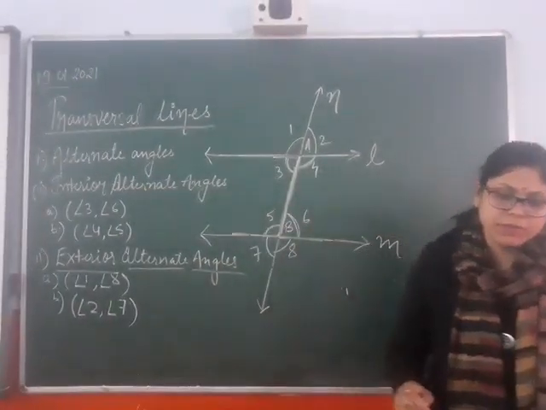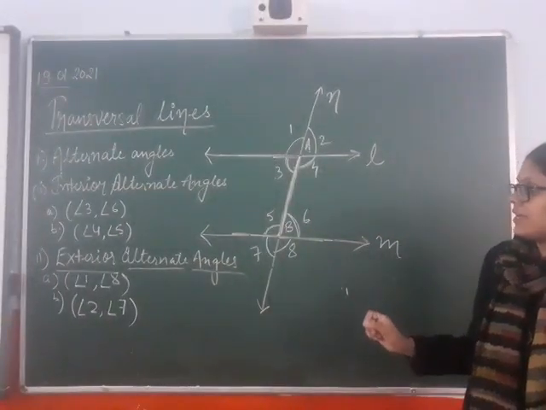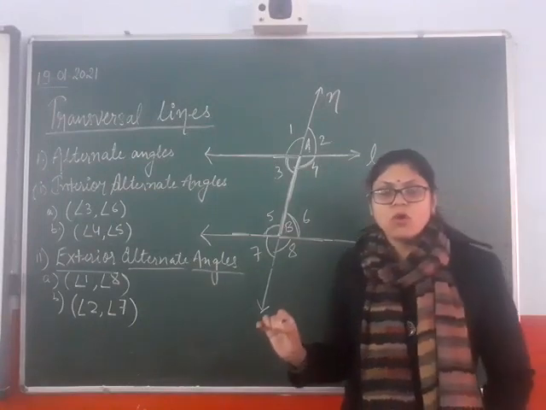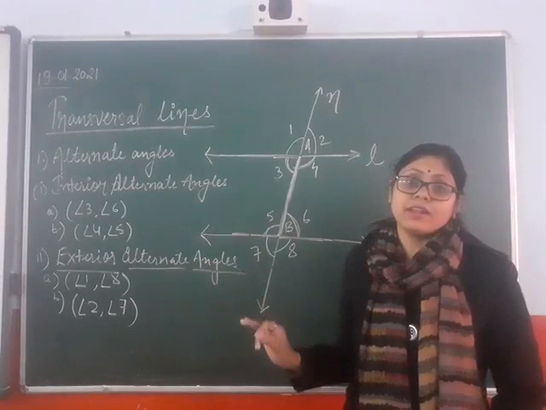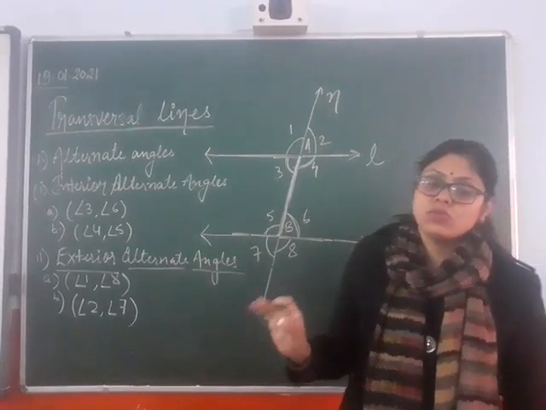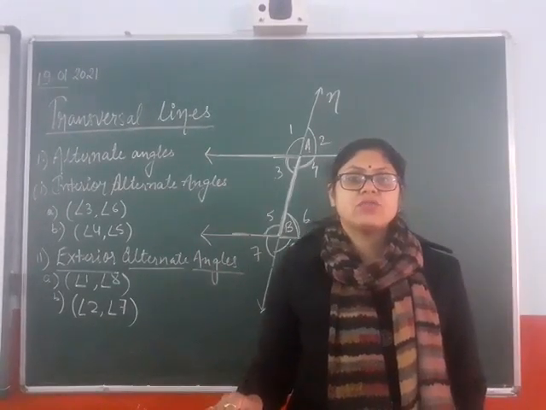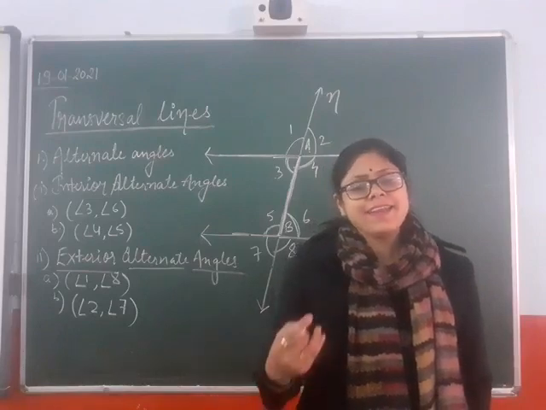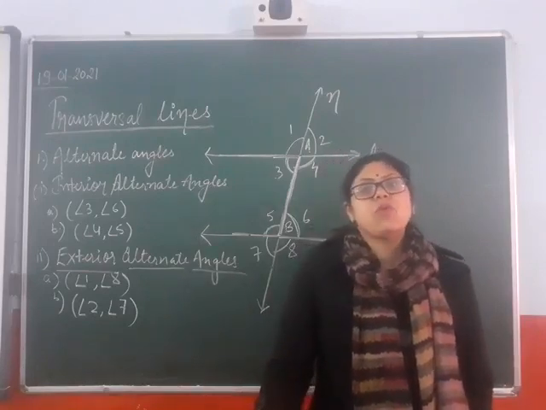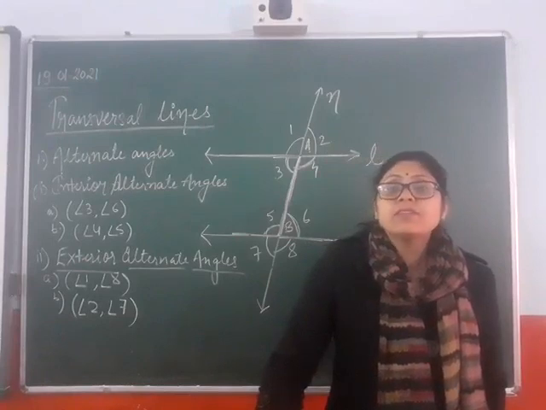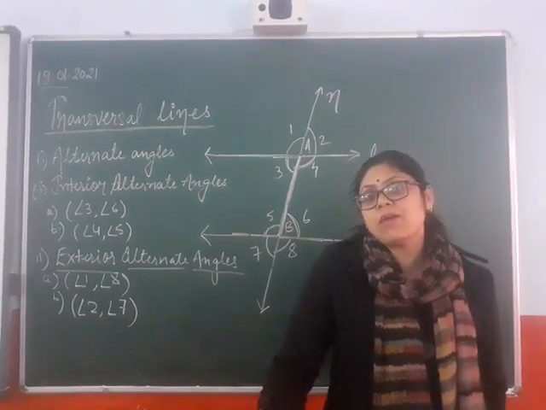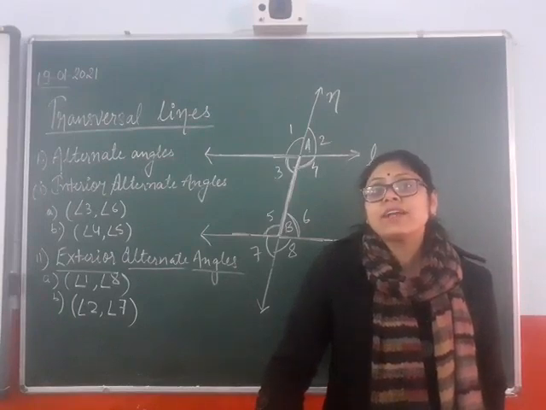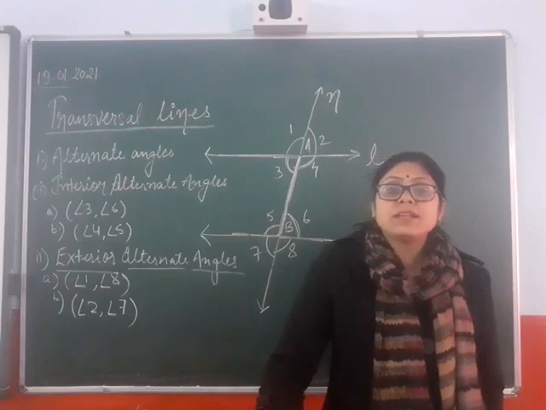They are forming exterior alternate angles. So I hope the alternate angle concept is clear. This is very important. Anywhere you will not write this until and unless two lines are there and cut by a transversal. Only then will you write alternate angle, corresponding angle. Whenever it is a case of a transversal line, when two lines are given and cut by one transversal, then you will write alternate angle, corresponding angle, these types of angles.